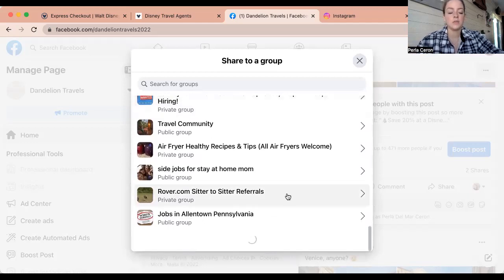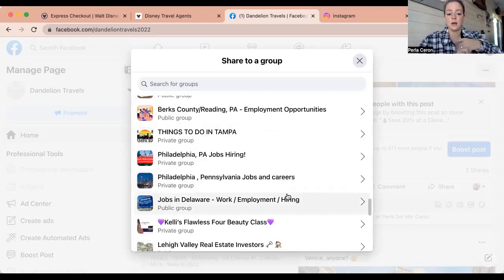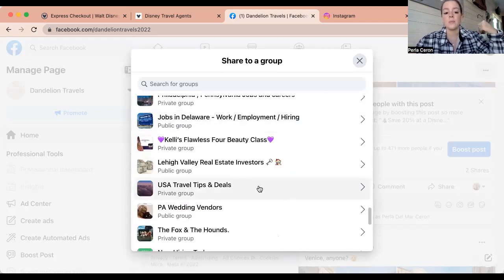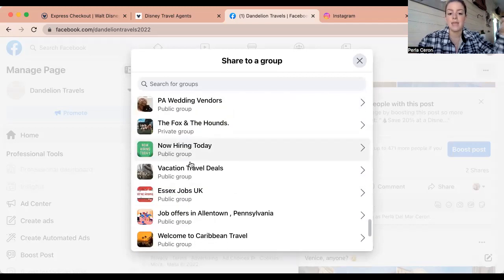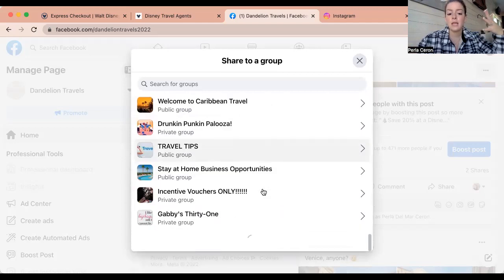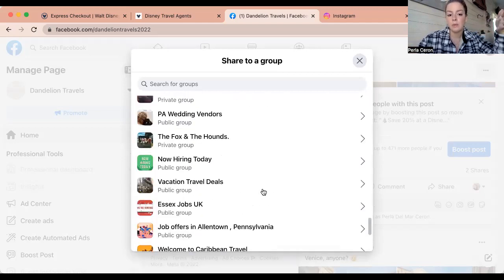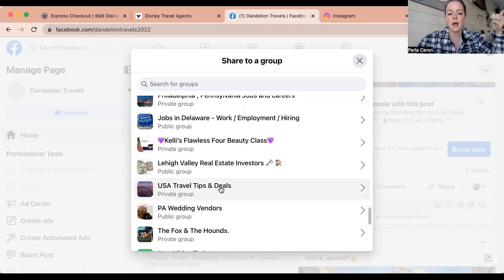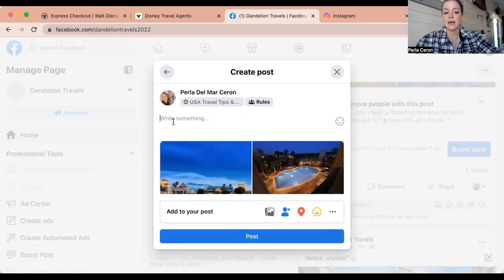So, different groups to post on. You can post wherever you're at, right? I'm in the Lehigh Valley in Pennsylvania, so I post in that Lehigh Valley group. I can post it in a mom's group. I can post it here, USA travel tips and deals, vacation travel deals, travel tips. Even if there's a Disney group that I'm a part of, which I don't think I am, I can post it there. Now, again, just make sure that you are reading